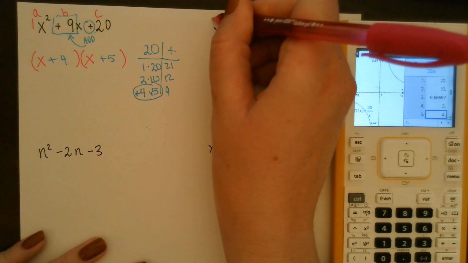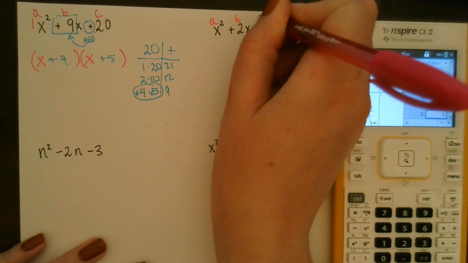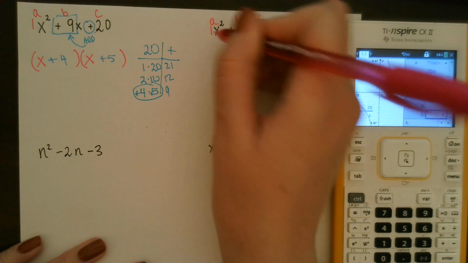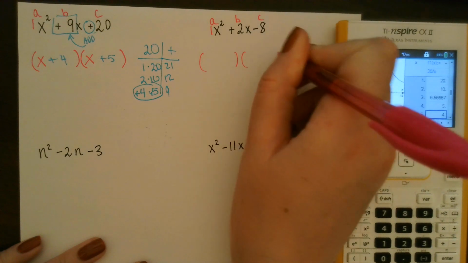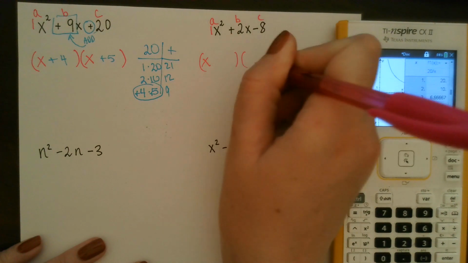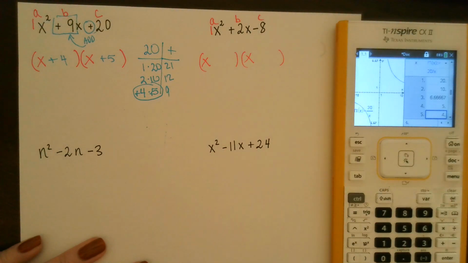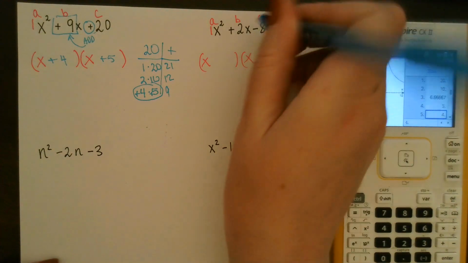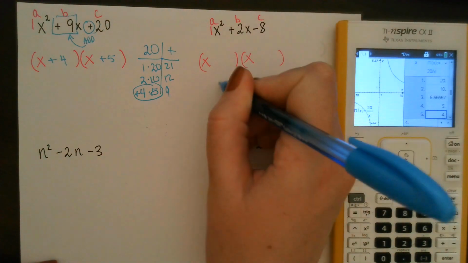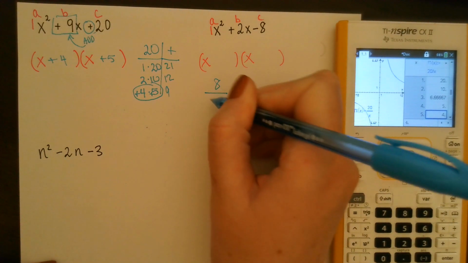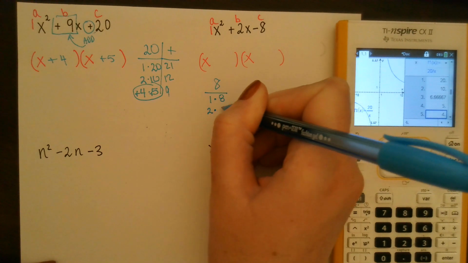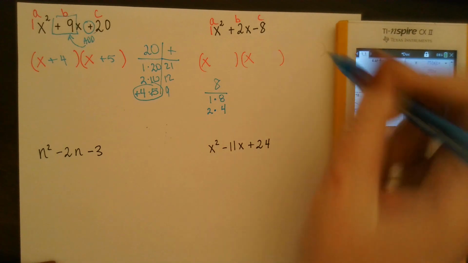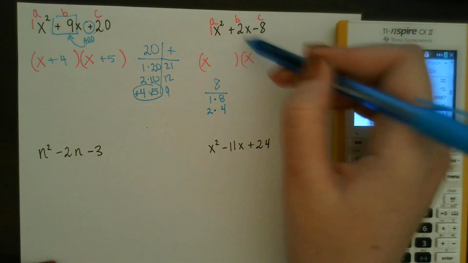Here we have A, B, and C. Since A is 1, we'll follow those same steps. Set up your parentheses. Put your variables. Now we need to find the factors of 8. So factors of 8 are 1 times 8, 2 times 4. And this tells us we need to subtract